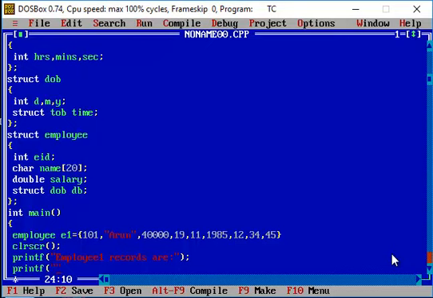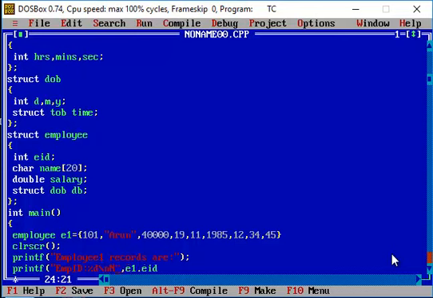So first thing is we are going to see the employee ID. Employee ID has been declared as an integer data type. So I'm going to use the structure variable name, dot, and then the structure member name. The member name is EID for the employee ID, and then I'm going to display the name of the employee.